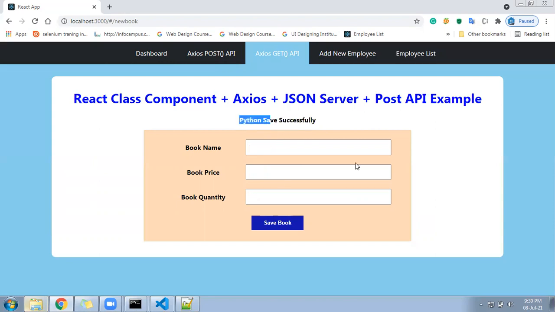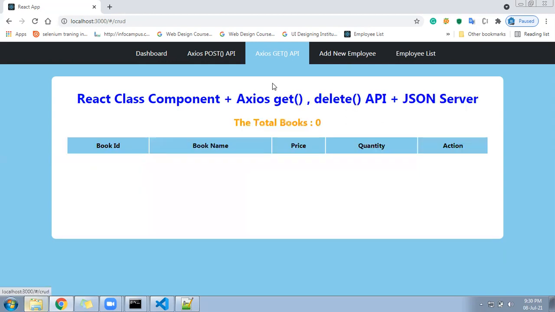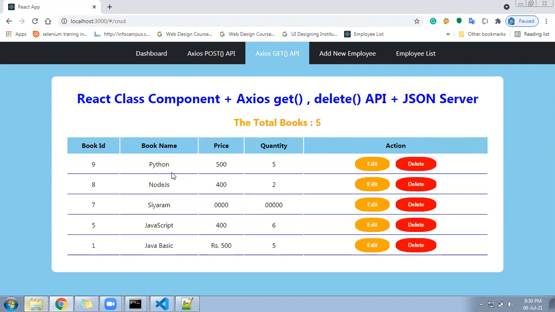So hope you have seen this video. It's video number 2. It's very awesome based on JSON server, and it worked perfectly. It's a completely end-to-end example I have written and uploaded. Let's come back to the listing page. You can see here Python and Node I have saved, it's coming here. So that was happening in the previous video number 1 and 2.